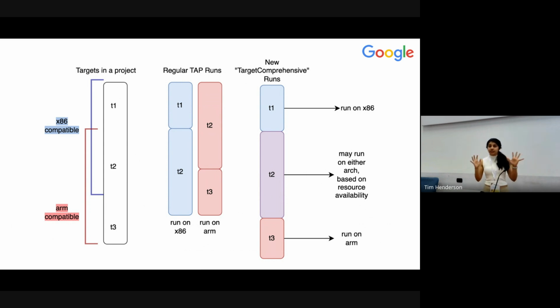The way this works with release is that release does what we call fill in the blanks testing. Say we spread your targets across architectures and you have some level of coverage. We call this target comprehensive coverage. And release knows that you're actually trying to deploy to an ARM machine. It'll look at everything that TAP ran and say, okay, of 10 targets, TAP ran 6 on ARM, so we can just use those results right out of the bat. And now they only need to re-execute those 4 tests that were missing, which actually saves costs across the pipeline